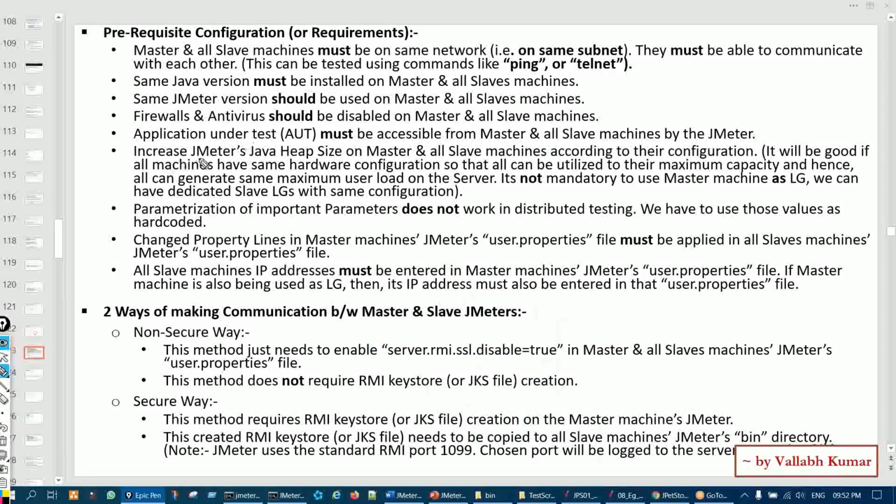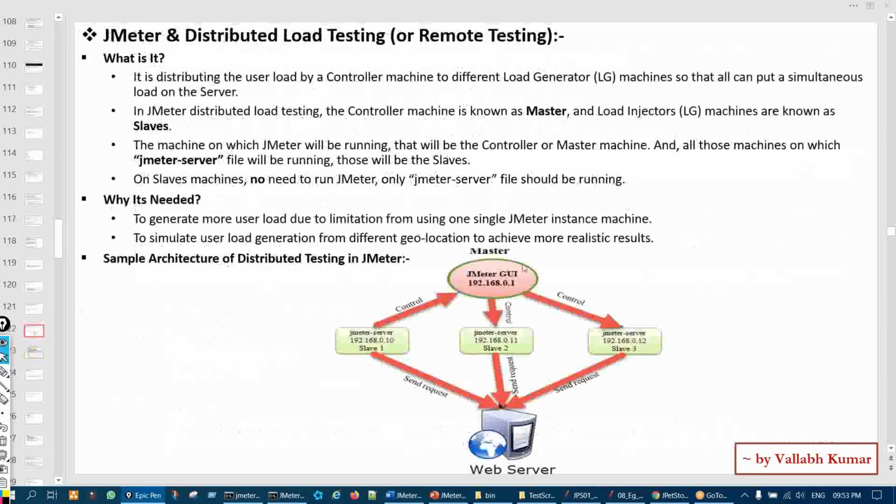Then increase the heap setting for all master and slave according to their configuration. It will be good if all machines have the same hardware configuration, so that all can be utilized to their maximum capacity. Hence, all can generate the same maximum user load on the server. Fine. It means that